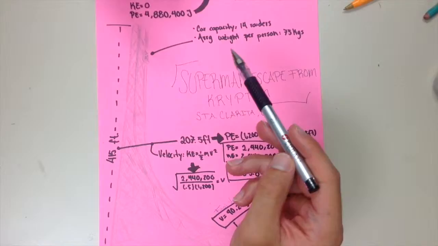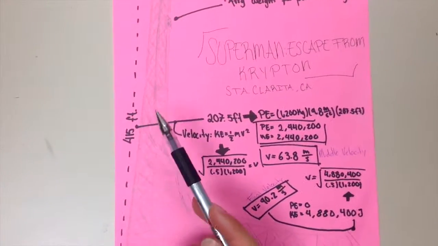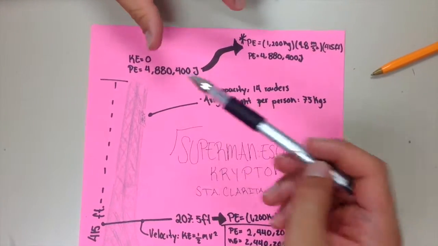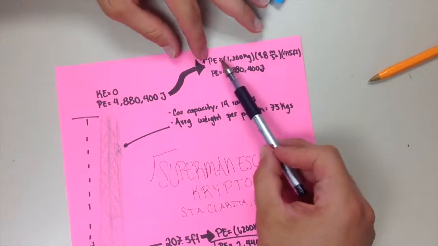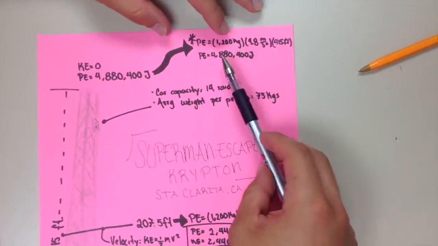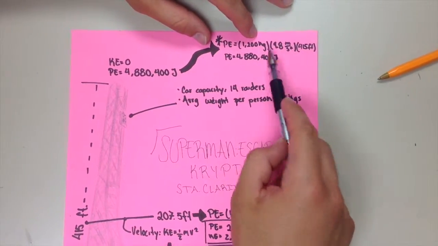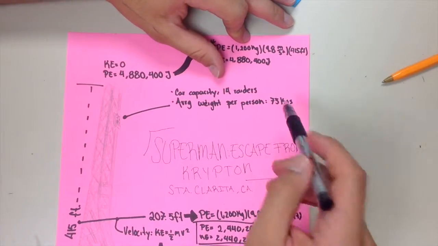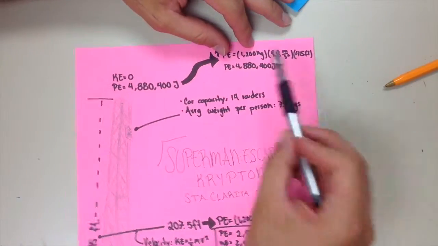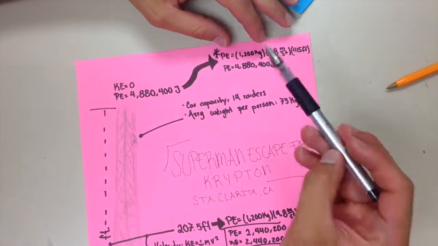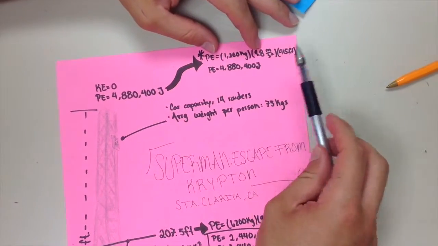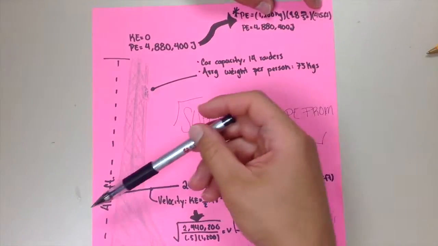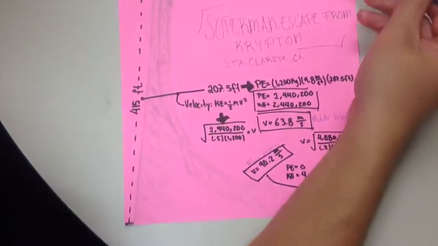The first thing to know is that the roller coaster stands 415 feet high. The kinetic energy is equal to 0 because the object is not moving. The potential energy, we're going to solve it with the formula that we already explained. The mass, we get it from the car capacity. There are 14 riders, so we're going to say that the average weight per person is 75 kilograms. So we multiply those and we get 1,200 kilograms, and then we multiply that by 9.8 meters over second squared, which is our gravity, and then times 415 feet, which is our height. We're going to get